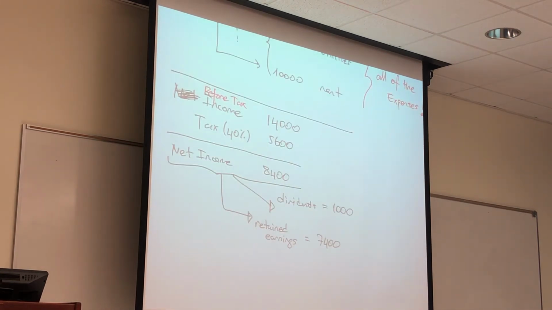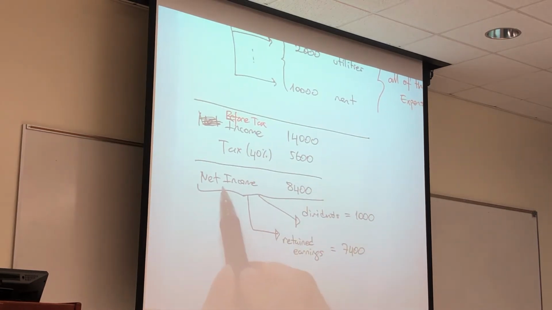Why does retained earnings not match the retained earnings on the sheet? That's what I was thinking too. Because probably we get some money from the common stocks at the end, and the retained earnings is higher because of other income that wasn't listed. But yeah, thank you for pointing that out. This doesn't change the answer right here. They may not match in the statement, but net income goes to dividends and retained earnings only. So if we have more retained earnings, maybe because we got some more from the previous year, we got some unlisted incomes going on. So yeah, that's an accounting trick, I guess.